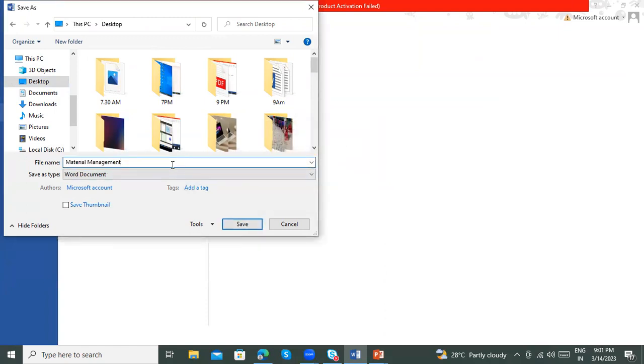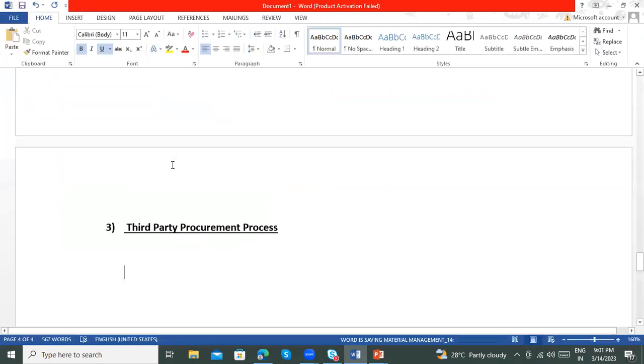Order. Based on this sales order, an automatic purchase requisition gets generated in the background. With reference to the purchase requisition, we will be creating a purchase order. Once the purchase order is raised,